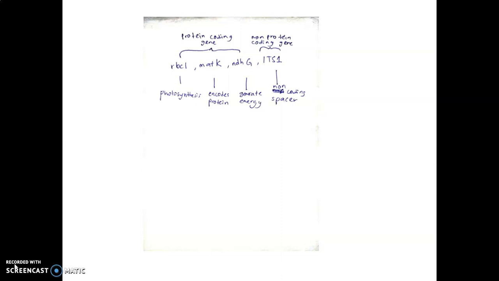This gene provides many characters to study phylogenetics because it has a full length of approximately 1400 BP. So that's why it is commonly used